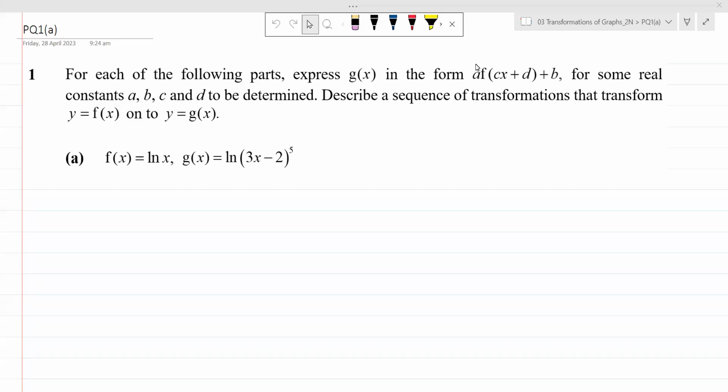Okay, the idea behind question 1 is basically you need to re-express the g(x) into a suitable form so that you can see the sequence of transformation. So for each part, you want to ask yourself this question: how do I